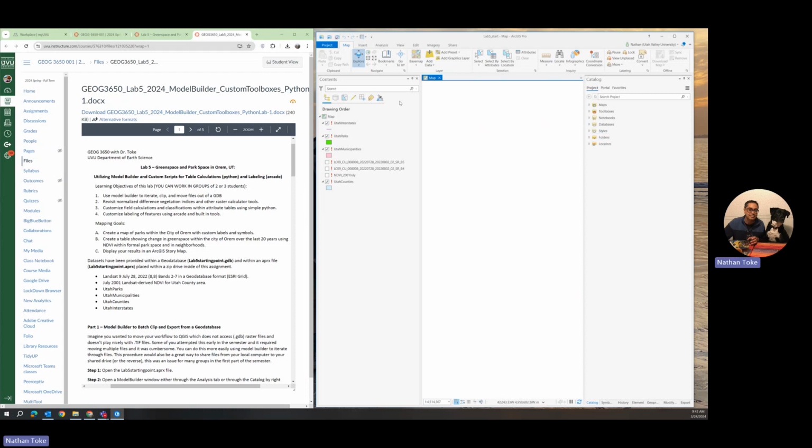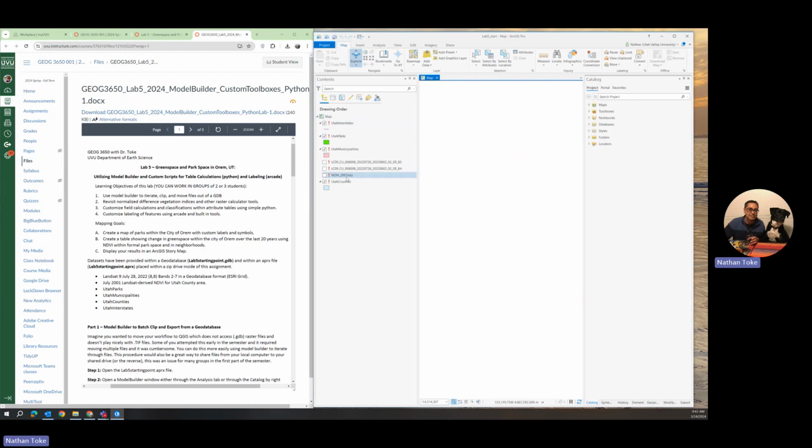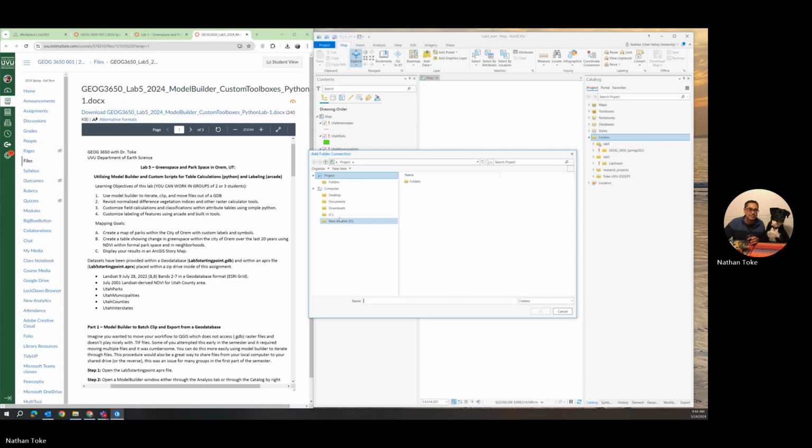Okay, so you can see that everything opened up with exclamation points. That's because when I made this start file, it was mapped differently, and within the zip file it can't see everything. So we're going to have to remap those. And so we can do a couple of things to make our life easier. Let's map a new folder, add folder connection. And then I've got to find where I put that. I think that was on OneDrive